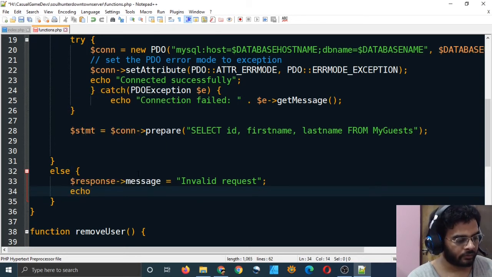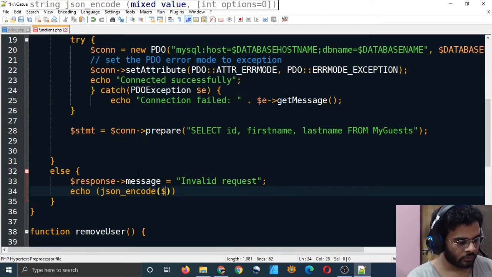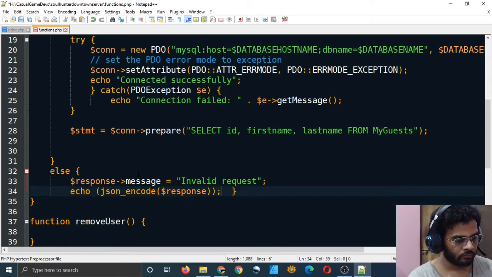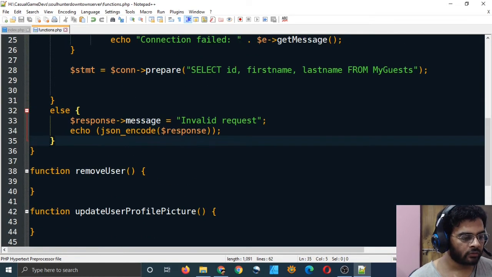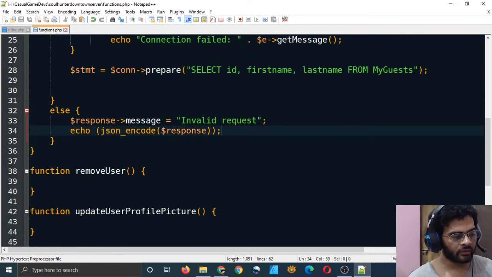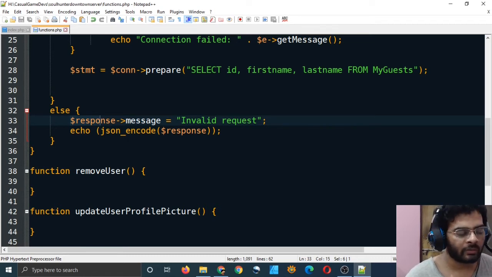So just echo JSON encode $response. We will first encode our response into JSON, and then echo that JSON to the person or machine that made the request.